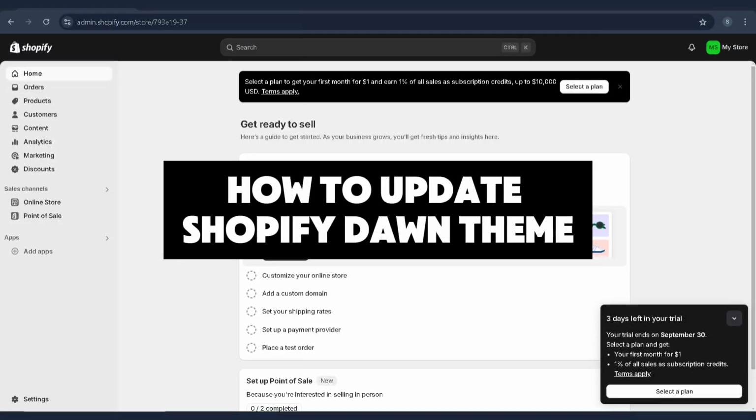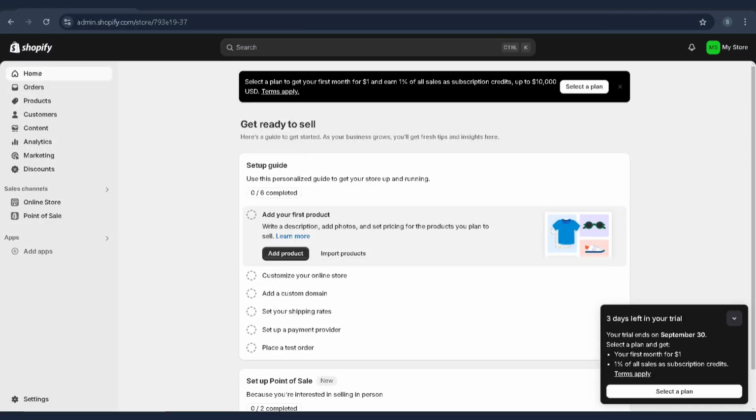How to update Shopify Dawn theme. To get you started, the first thing that you'll need to do is to open Shopify on your device and